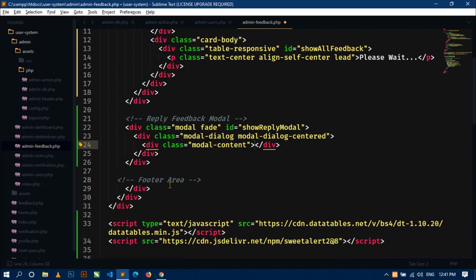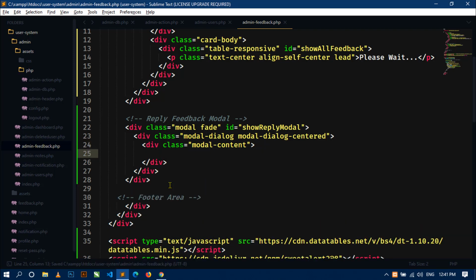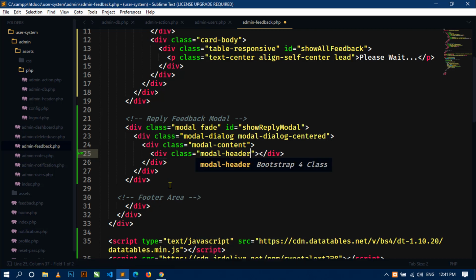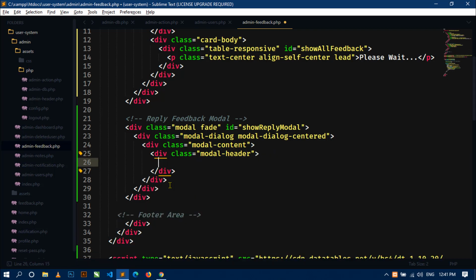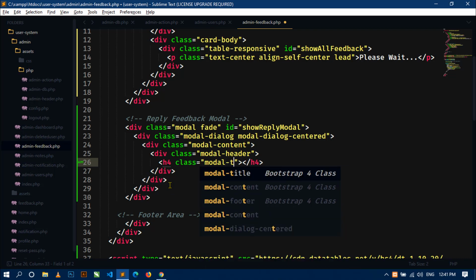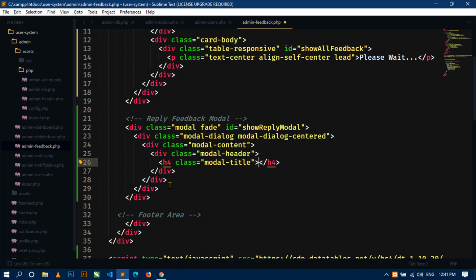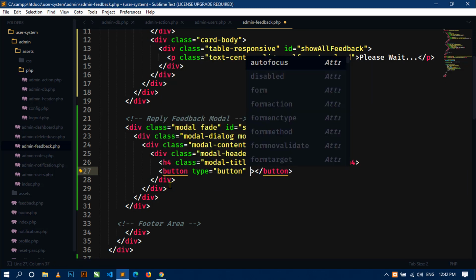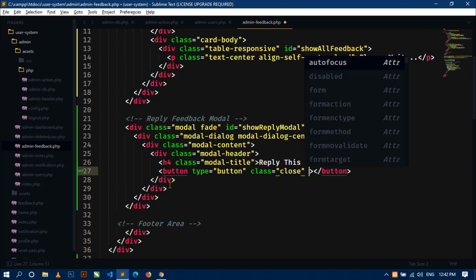Now inside this modal content div I will create a modal header, so just write modal-header. Now inside this div I will use an h4 tag, and I will give it the class modal-title, and then here I will write "Reply this feedback". Okay, now next I will create a button with type button and class close and